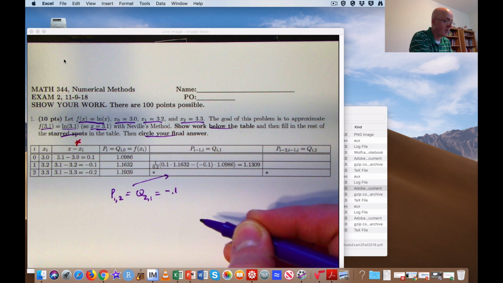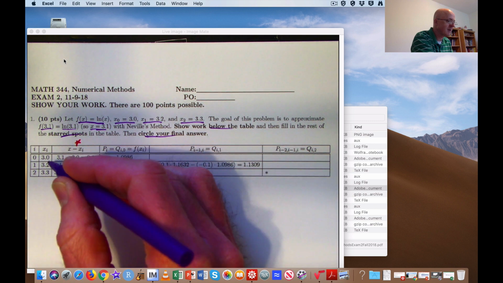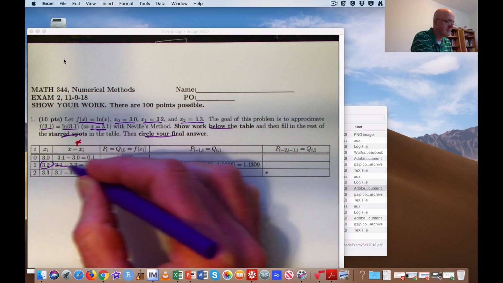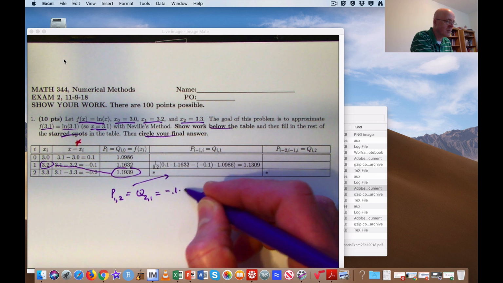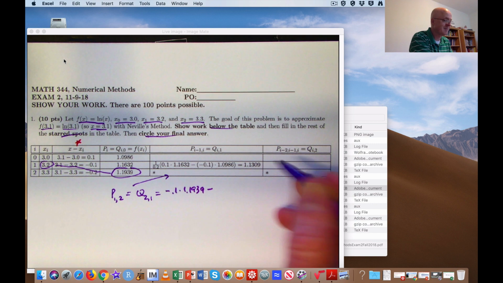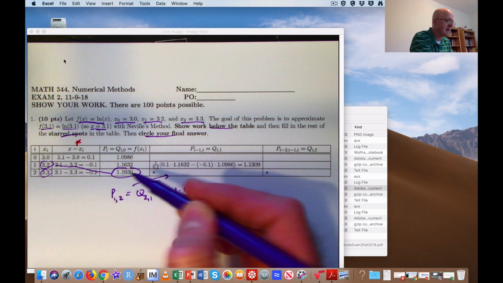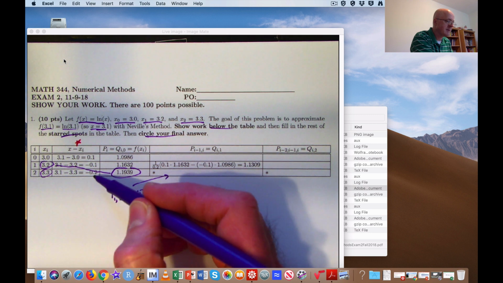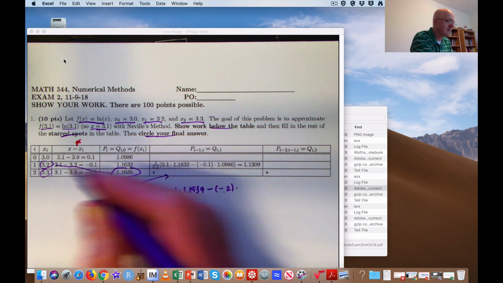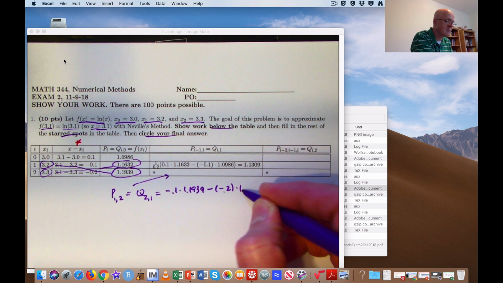Again, that would be 3.1 minus 3.2, times, go diagonally here, times that number right there, 1.1939, minus x minus x2, which is 3.3. 3.1 minus 3.3 is the negative 0.2, times this number here, 1.1632,